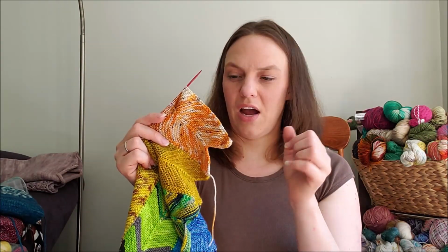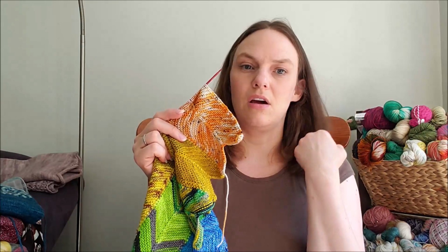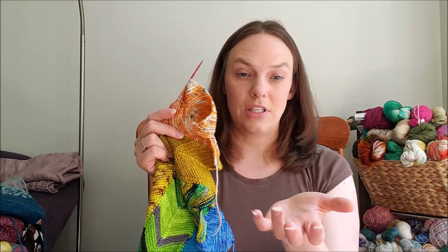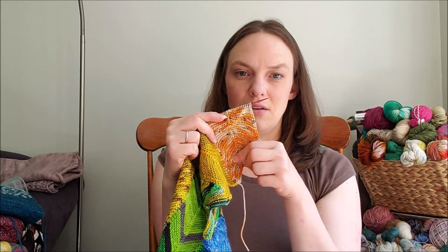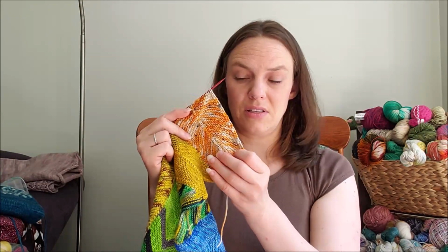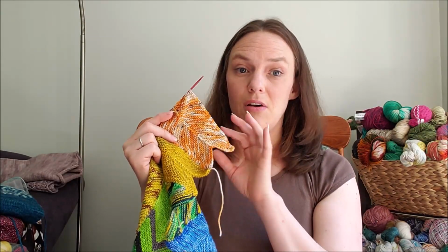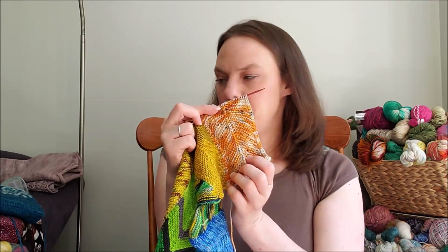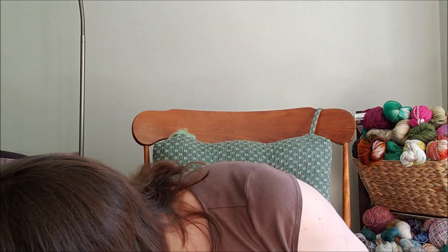I still regret not getting Aztec Mocha, but she was always out of it when I went to buy it, and then she stopped dyeing yarn. But it's one of the few tweedy colorways that I was not able to snag that I really wanted, but it was really pretty. I do have a mini of it though, and it will go into my blanket. So pumpkin spice is done, and I have my next one